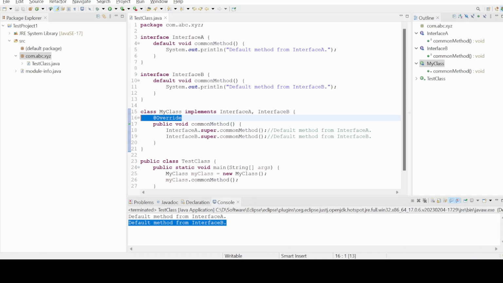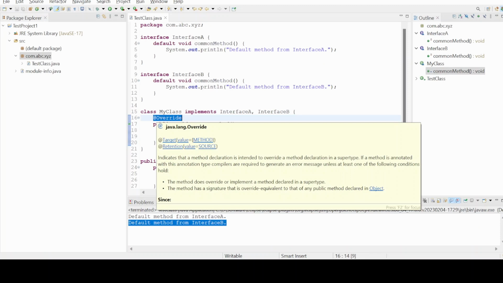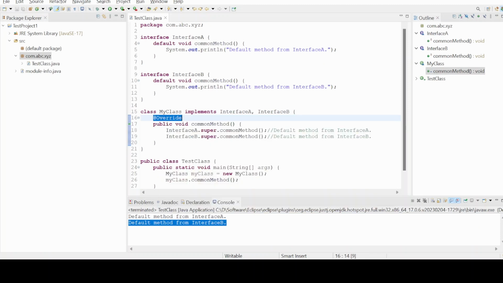So what will happen? How will it behave? Will it behave the same or do you think any change will come? If it comes, then why? We want to remove this. In that case,